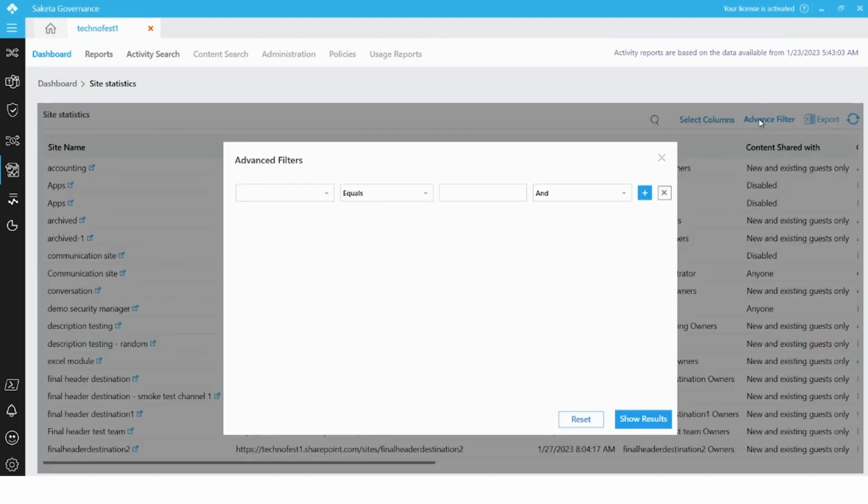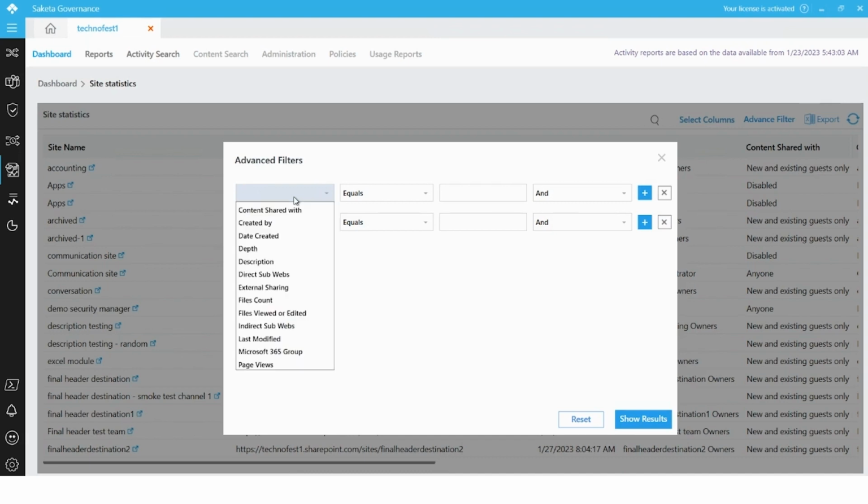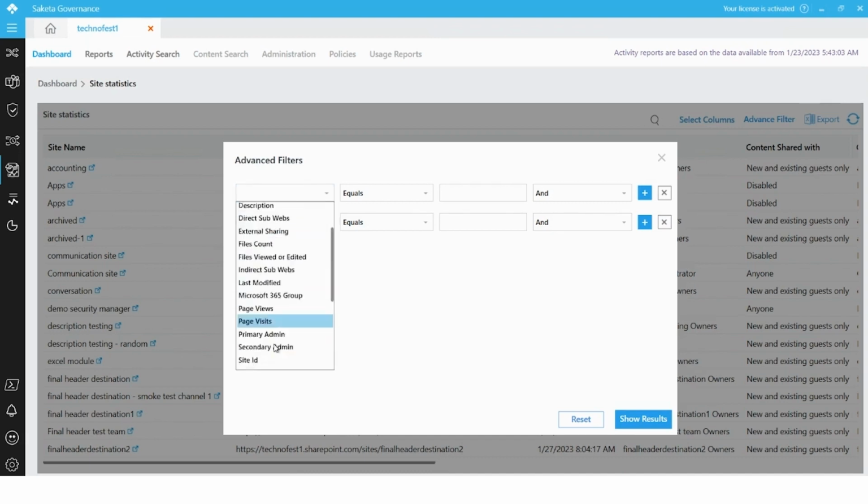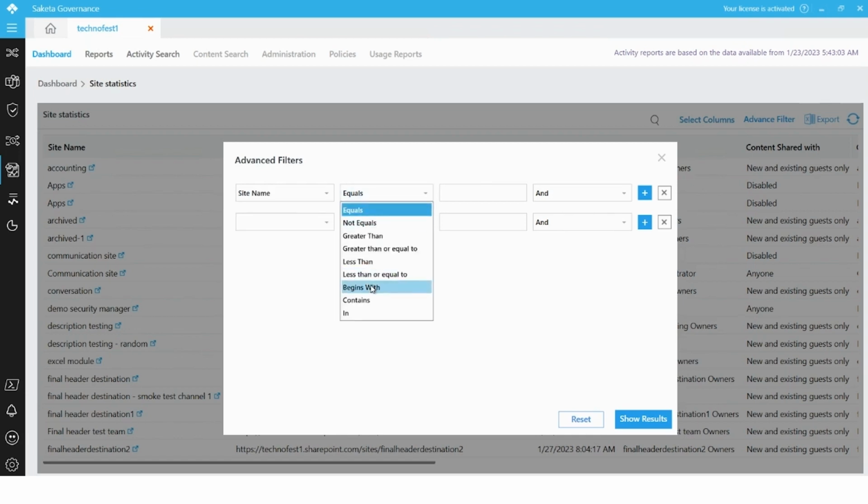Next to it, there is an advanced filter option where we can filter data based on the query provided with the help of different operators like equals, not equals, greater than, and others. We can also create multiple queries here with the help of this add icon. We just need to click on show results later and that query would be executed. Let's suppose we want to search for accounting. So for site name accounting, we simply need to go here in the site name, begins with accounting,